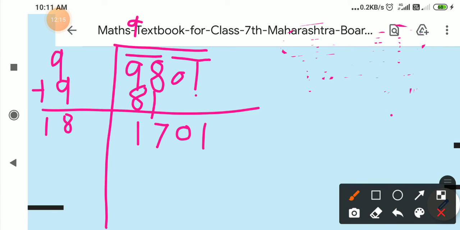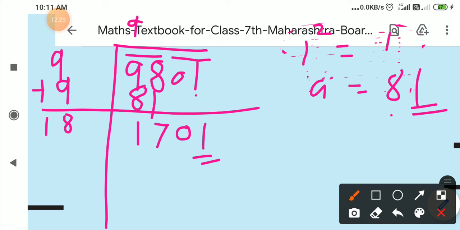First of all, you know that at the unit place, which number is there? 1 is there, and the square of 1 is 1 and 9 square is 81. Means at the unit place 1 you will get it here. That method is an exception for you. I am teaching you this method for better practice.